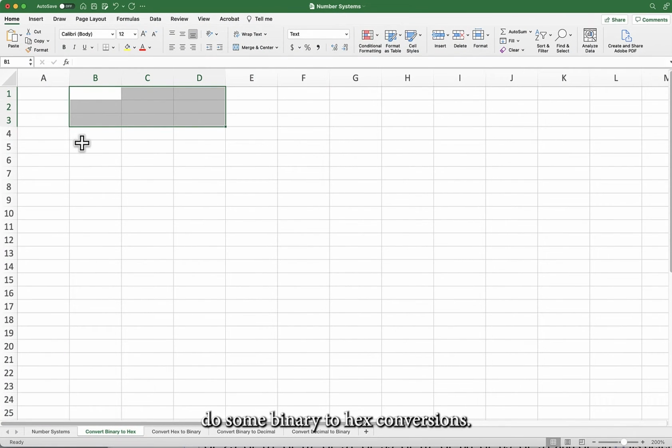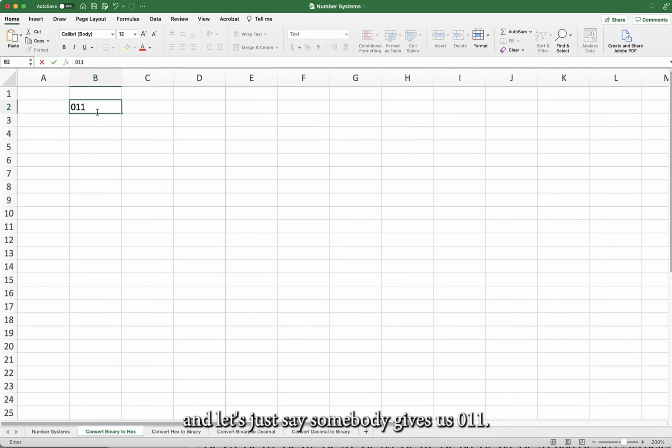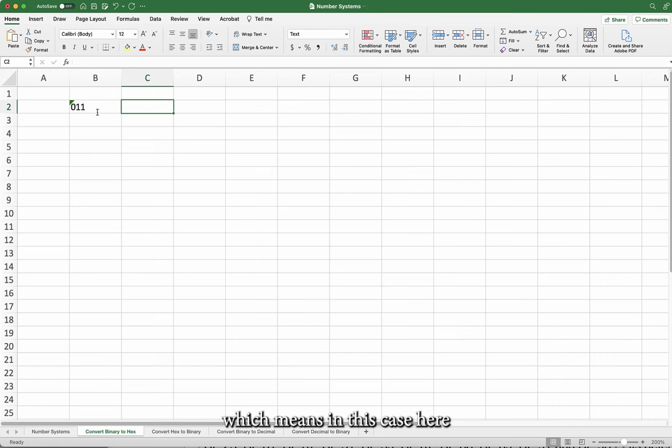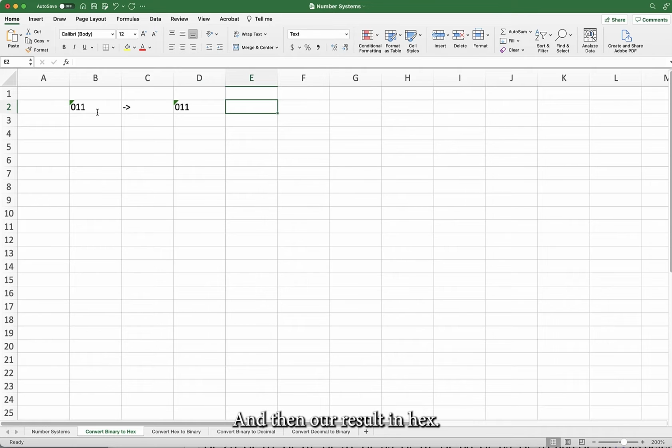Let's do some binary to hex conversions. We're going to start simple. And let's just say somebody gives us 0, 1, 1. Now, the rule for the conversion is if it's in binary, the number of bits must be evenly divisible by 4. If it's not, you make it evenly divisible by 4, which means in this case here, we're going to need to pad this out to 0, 0, 1, 1,